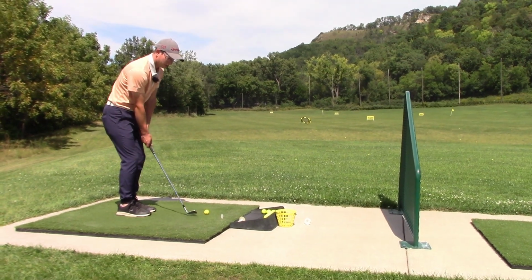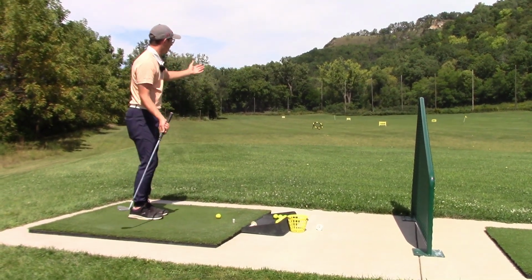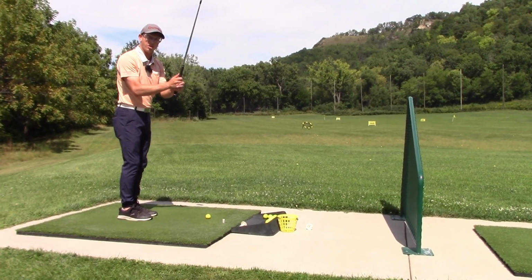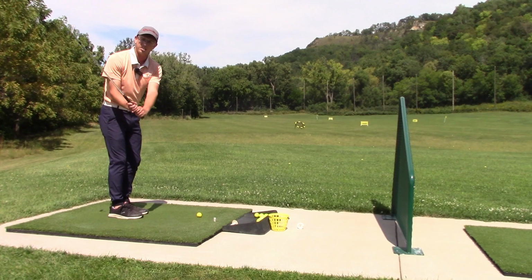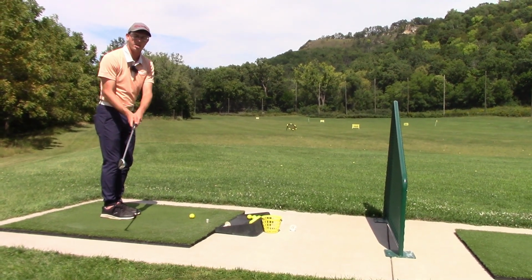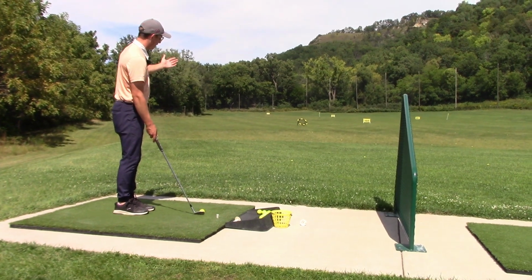So maybe that one I swing up to 10 o'clock. Now we only need to go to 9 o'clock to get that proper distance. We always want to see where our hands are, because that's kind of our easiest judge of distance. The club head goes all over the place, so you never want to judge the club head on what time it's at. So if we look at our hands again, trying to shoot at this net again,